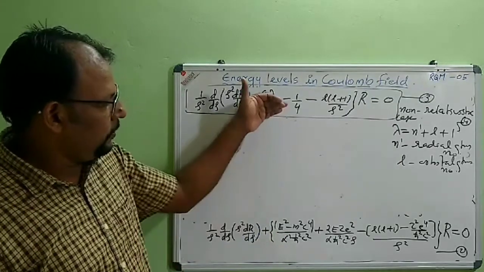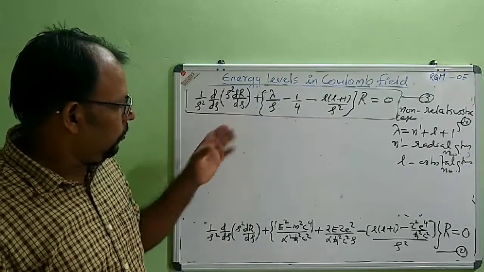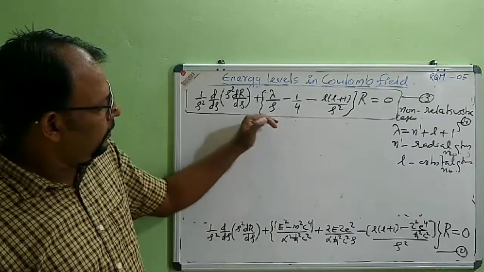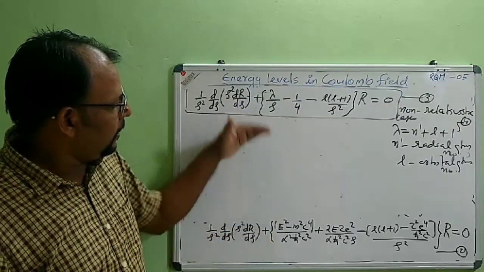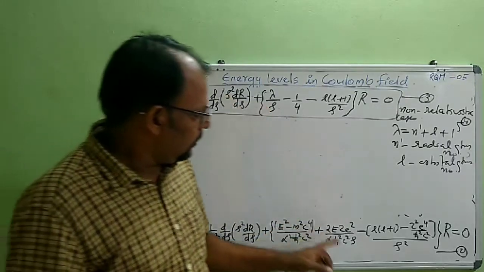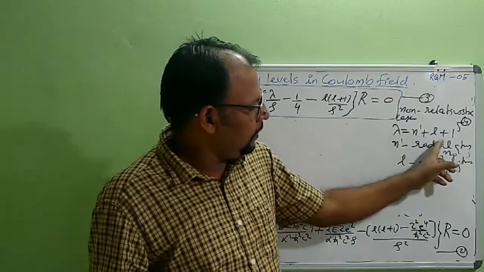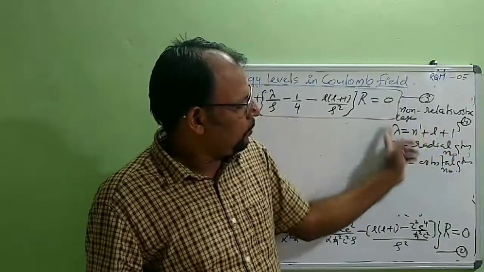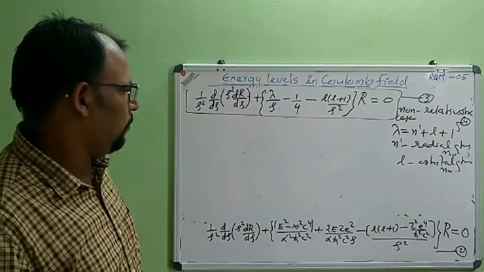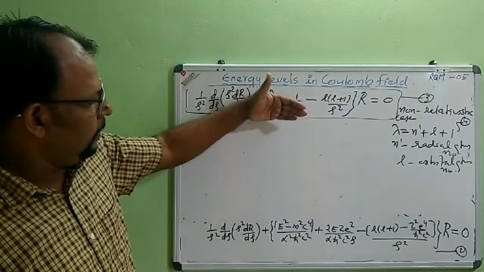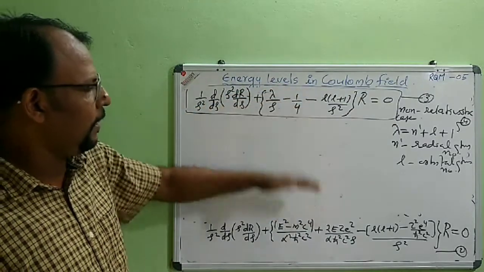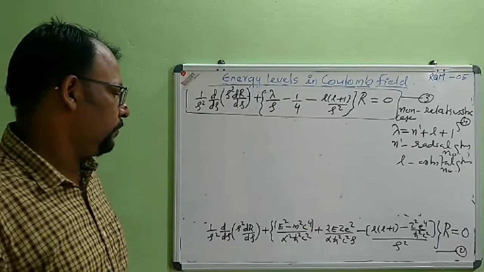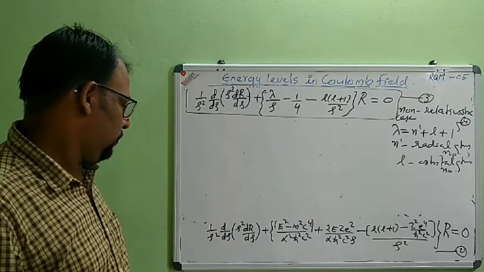We can match with this equation. So to represent this equation identical to equation 3, if I can represent this equation identical to equation 3, then in a similar way we can write the expression for lambda as n dash plus L plus 1, and the solution of non-relativistic case will be identical. We can take identical solution for relativistic case also.